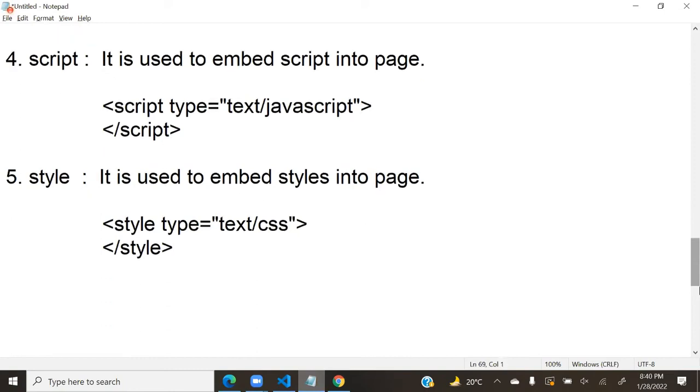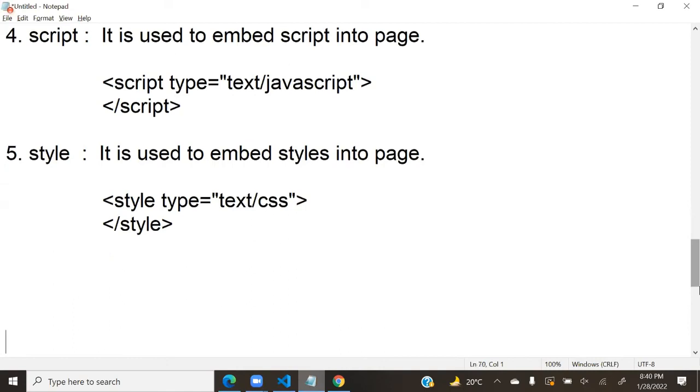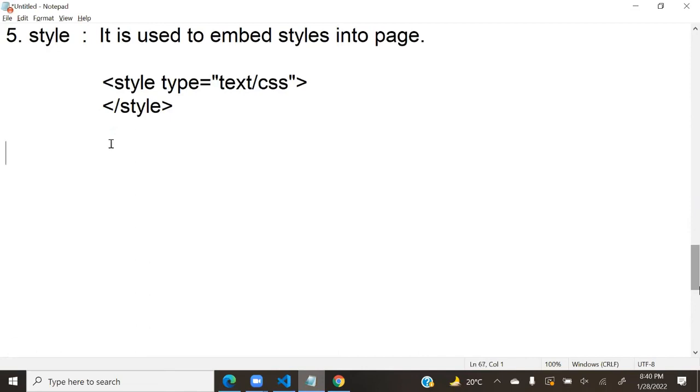So in the head section, finally you need to know three basic things. Head contains title, head contains link, and head contains meta. And additionally you can have a script and a style. That is the head section. Next important after the head section is the body section. I already told you that it contains information which is delivered directly to the browser, not into the memory.